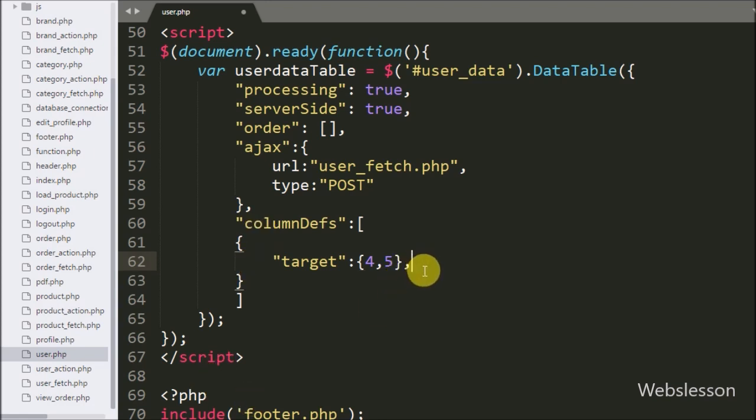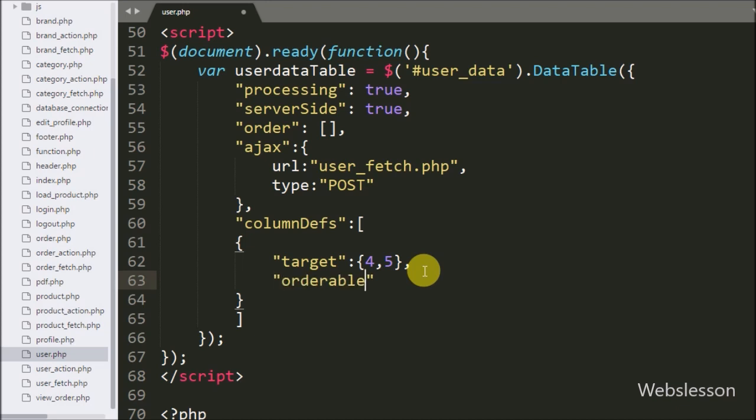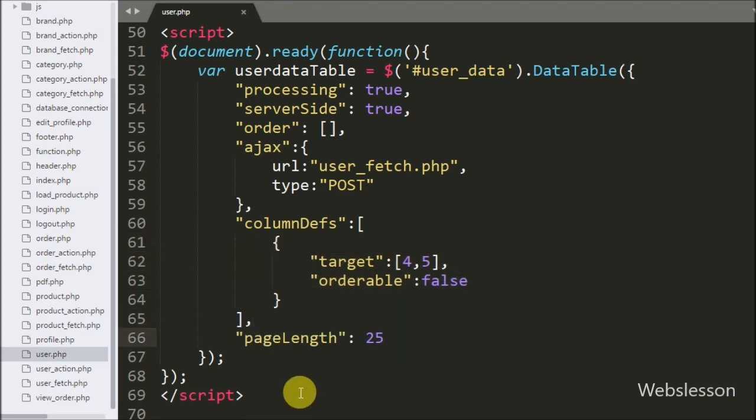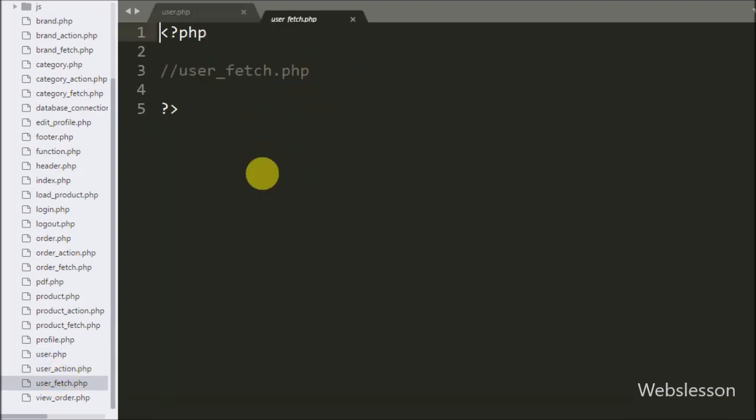To remove ordering we have written the orderable option set to false. This option will remove ordering from the above defined table columns. After defining the DataTable definition,